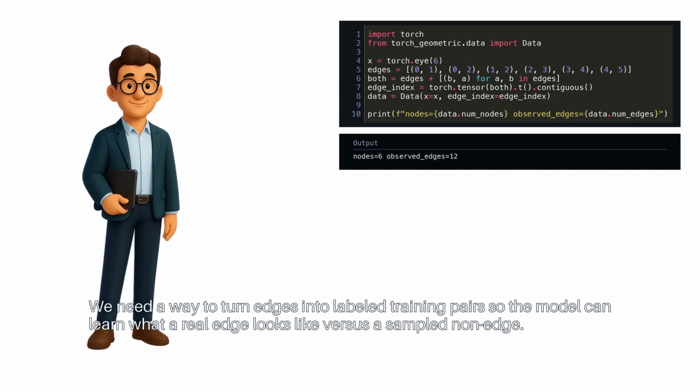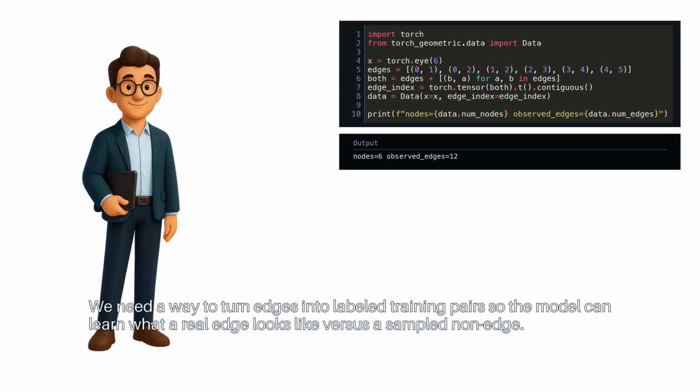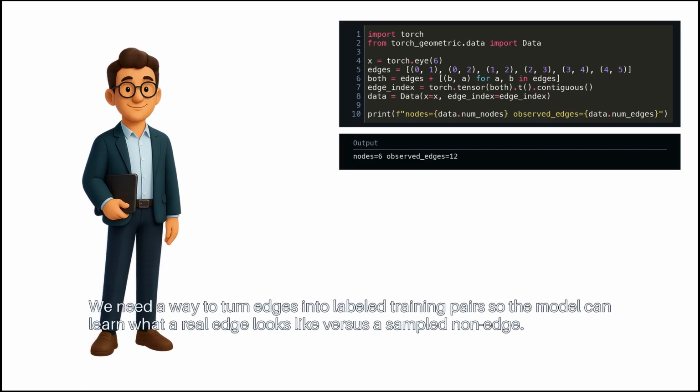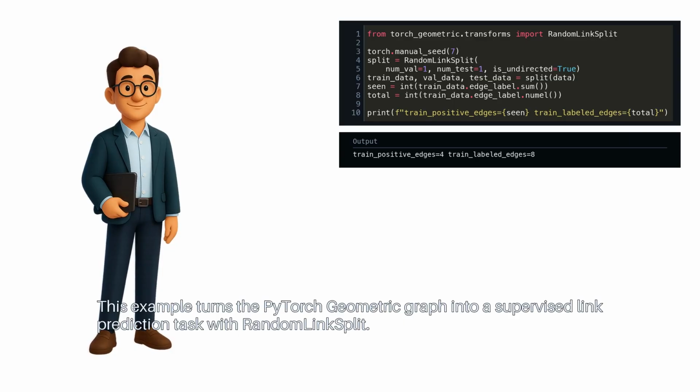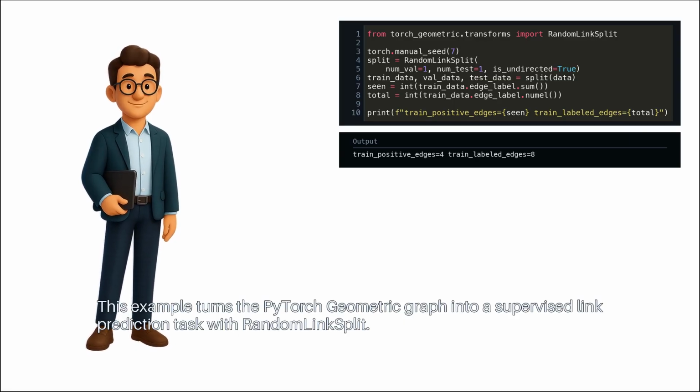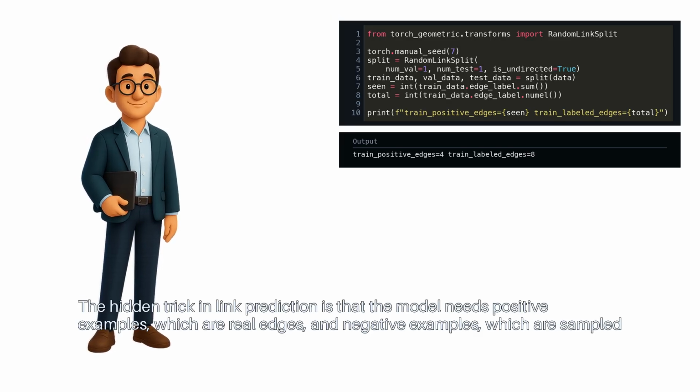We need a way to turn edges into labeled training pairs, so the model can learn what a real edge looks like versus a sampled non-edge. This example turns the PyTorch Geometric graph into a supervised link prediction task with RandomLinkSplit. The hidden trick in link prediction is that the model needs positive examples, which are real edges, and negative examples,